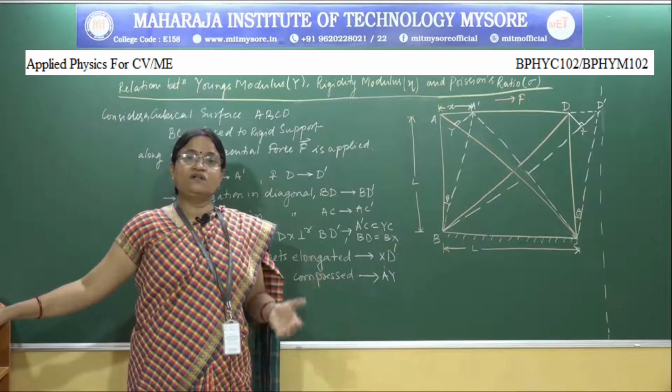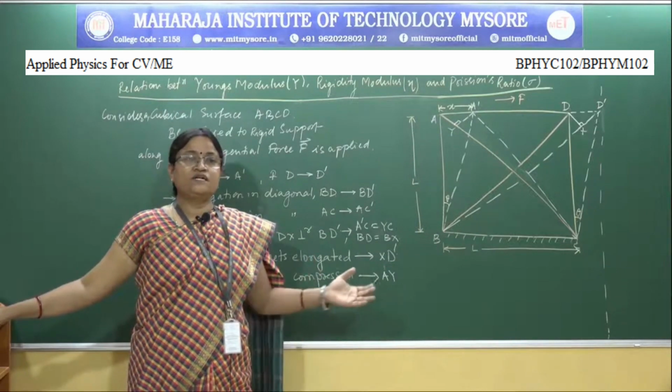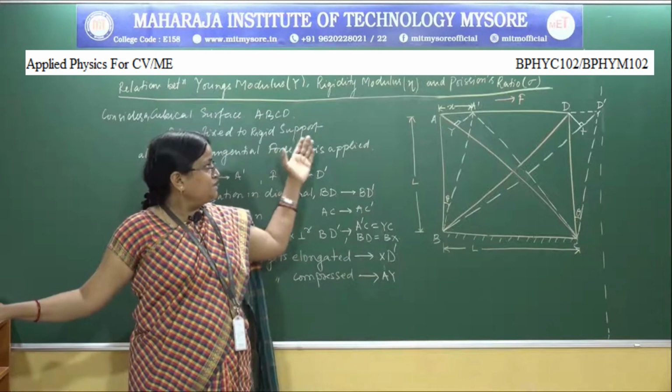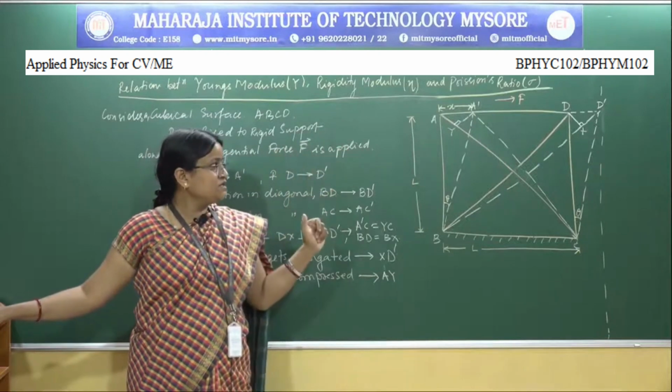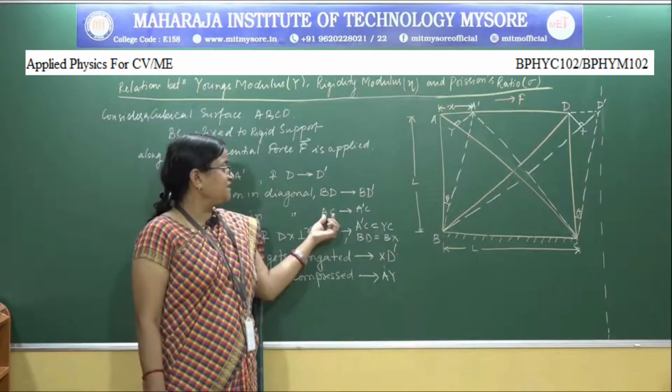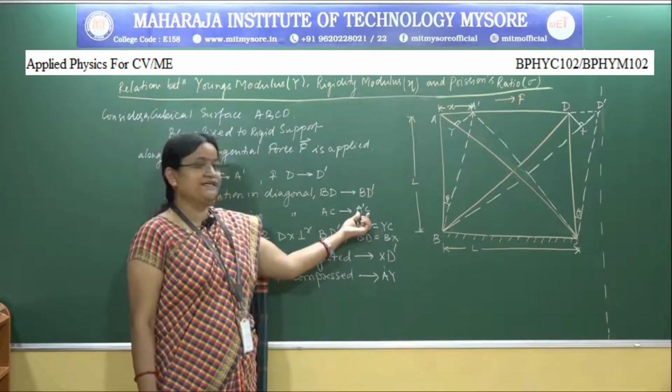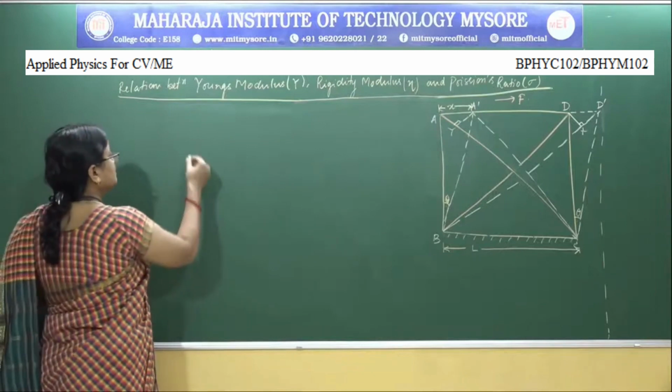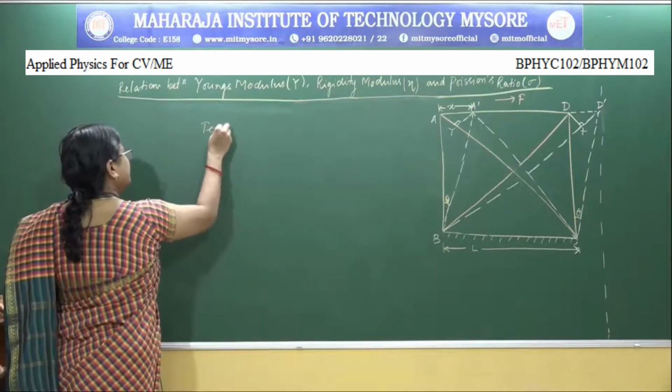So taking all these things into consideration, we will derive the relation between Young's modulus, rigidity modulus and the Poisson's ratio. The contraction in AC will be A dash Y. So what we understand is there is a tensile strain